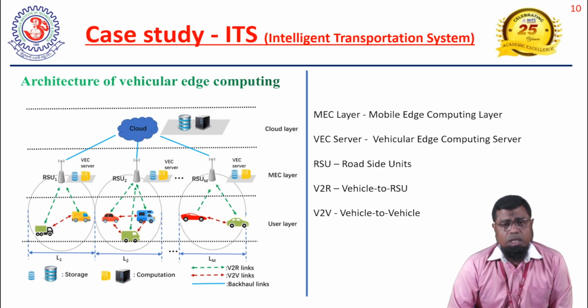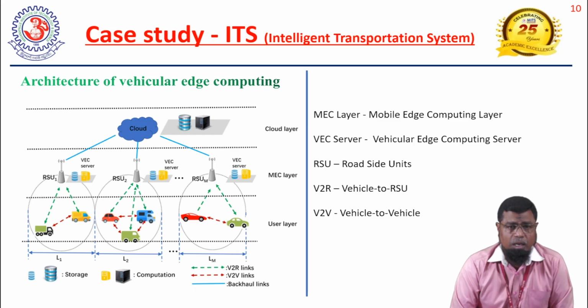Each vehicle is going to generate a huge amount of data. They are running on maps, like Google Maps. They depend on the map for the route. They depend on various information like what is the next station, how much distance is there, what is the traffic level of the road, and so much other data required for the vehicle to travel from one location to another location. If a vehicle needs fuel, it wants to search where the nearby fuel station is. And parking also, nowadays automatic parking systems are there.